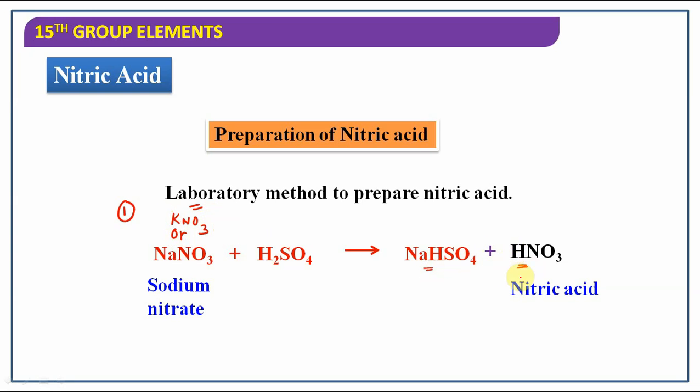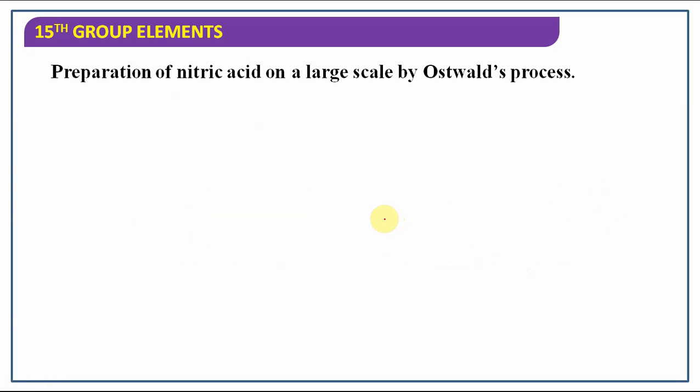Of course, nitric acid prepared by this method always contains some amount of water. In such cases, it can be removed by treating it with P4O10, phosphorus pentoxide, which acts as a dehydrating agent. So by using this dehydrating agent, we can remove the traces of water. Understood? But commercially, on a large scale or an industrial scale, it can be manufactured by a process called